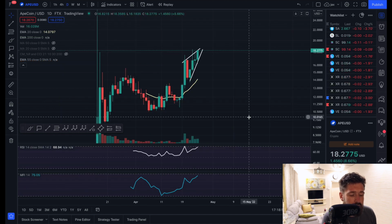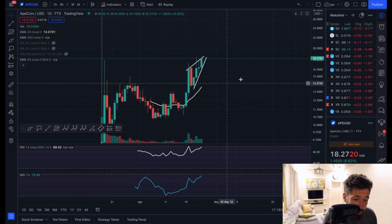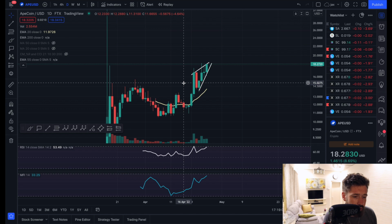Now, if we look at the daily time frame for Ape, you can see on our indicators, the RSI is pretty close to overbought, as well as the money flow is at the top section, which can also be an early indicator of a move back down. Of course, the bullish strength is very strong for Ape. The last time I made an Ape video, it was one of the highest traded coins by Ethereum whales,